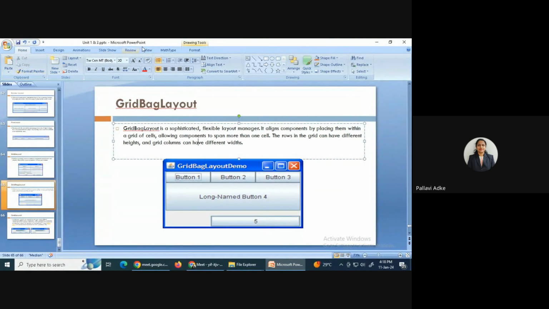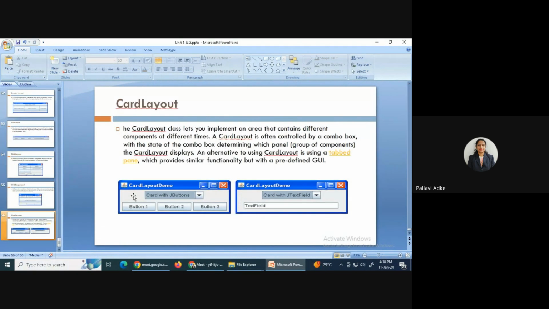Okay, so like that, suppose you want to make it more user friendly so that it is easy to understand, then you can go for the grid bag layout. And the last one was the card layout. So it's like one by one cards we are opening. So first collect the